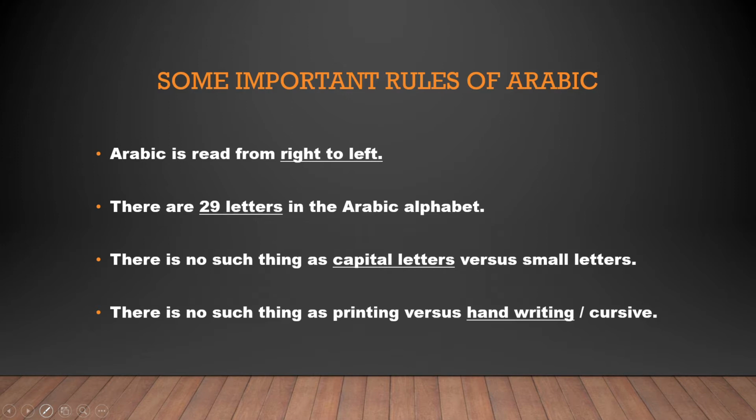Before we read the Arabic alphabets, there are some important rules that we need to know. First rule is that Arabic is read from right to left. Now, we in English read from left to right. So we first read English and then we read like this. But in Arabic, it is right to left. So first we read the right word and then we read the left word. So if I have to write a small word like this,